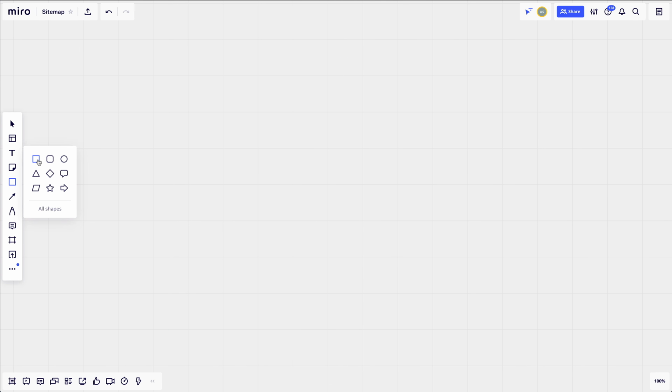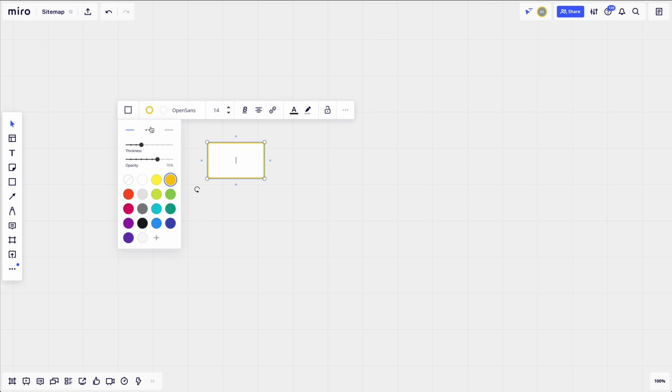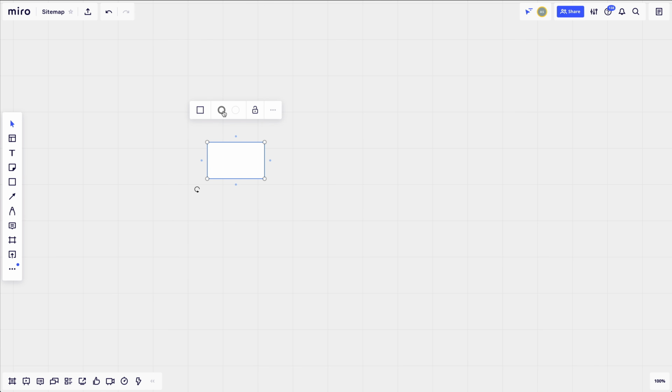I'm going to start with a simple rectangle, and I'm going to change this to full opacity. For now, I'm just going to change the border color or the outline color to this gray over here, and I'm going to decrease the size of that border as well. Maybe we'll make the border just a little bit thicker like this, just so that we can see it better. And within this, all I'm going to do at the moment, I'm just going to double click and type in landing page. I'm going to make sure that I'm on size 14 because that's the size that I like for